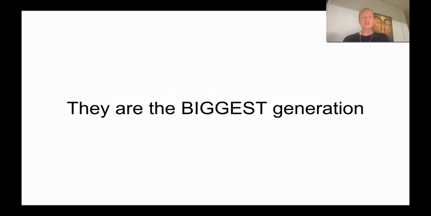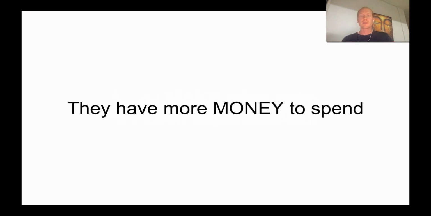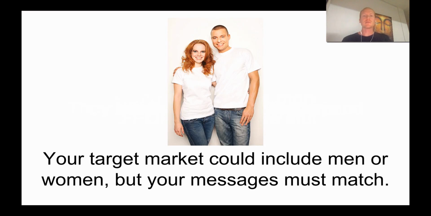Well, they're the biggest generation. There's tons of them out there. After World War II, when they were all born, 46 to 64, they became the biggest generation, and there hasn't been a bigger generation since then. They are also retiring in huge numbers. So that's key, that if they're going into retirement, that means they're going to have a lot of money from their retirement accounts to spend on things. And so you want to be able to sell things to those types of people. So the more money that they have to spend, the more sales you're going to be able to make. So that's why you should target these people. And you should not just target baby boomers, but baby boomers who are upper middle class baby boomers.